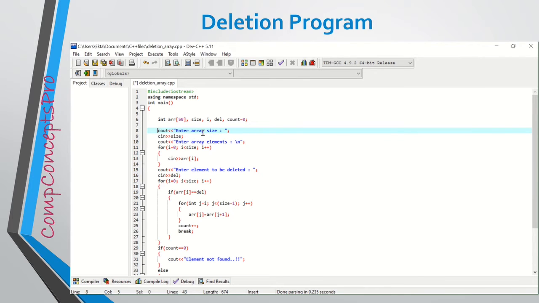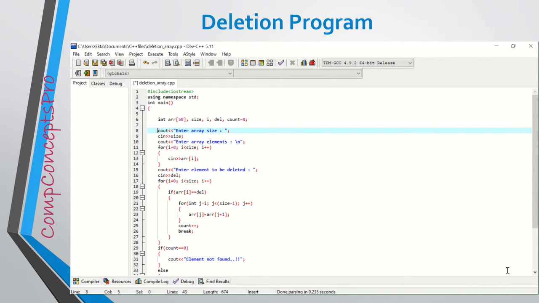First of all, I will ask the user to enter the actual size of the array. Although the maximum size of the array is 50, still I will ask the user to enter the actual size of the array. Then the user will enter the elements of the array. Now I will ask the user to enter the element which the user wants to delete from the array.